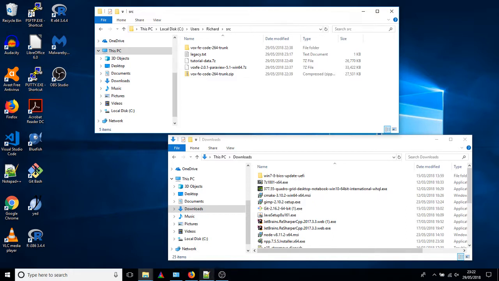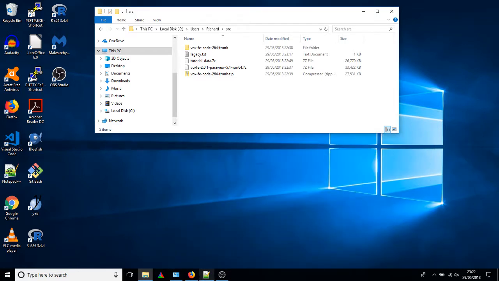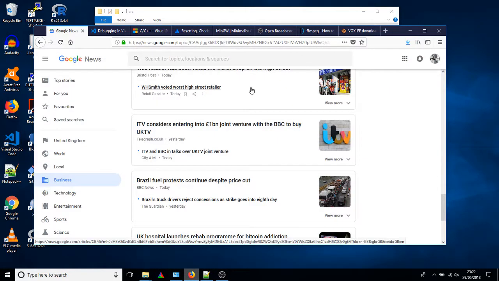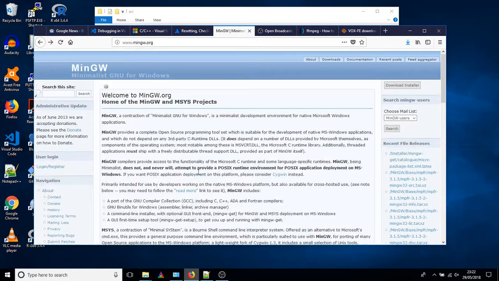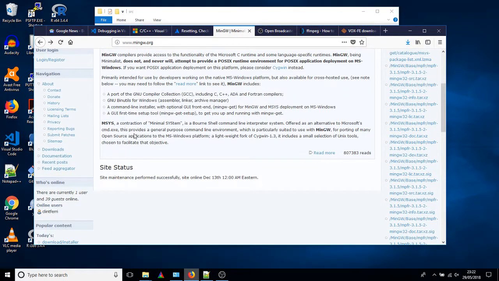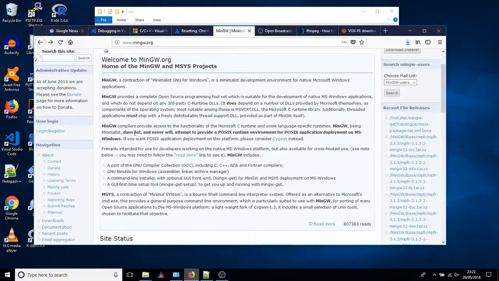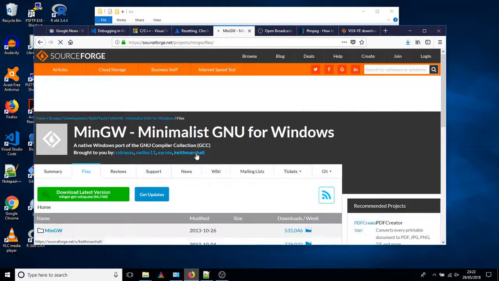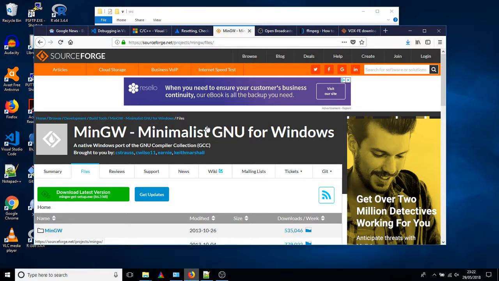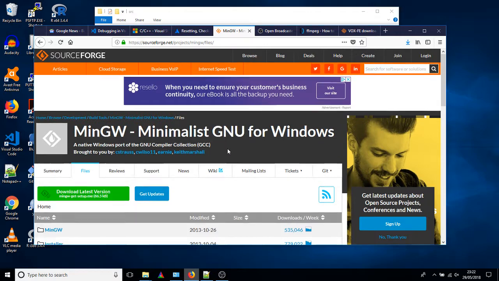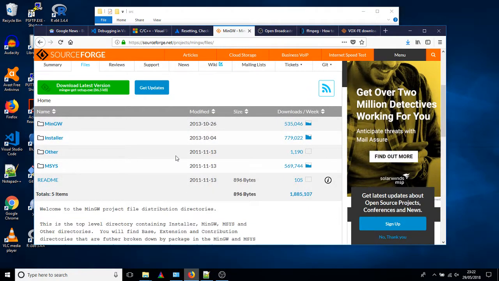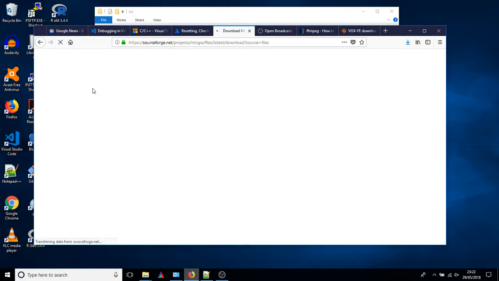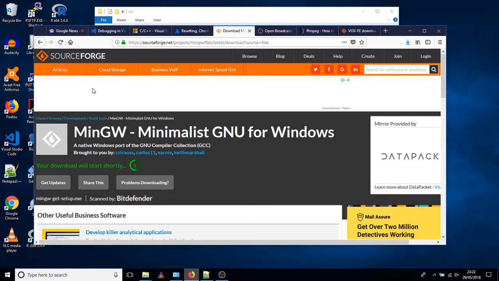The simplest way to do that is to look up MinGW and go to the download page on there, which is this link here, which takes us to SourceForge, which is also actually where most of the ParaView files happen to be. So we'll download this setup file,